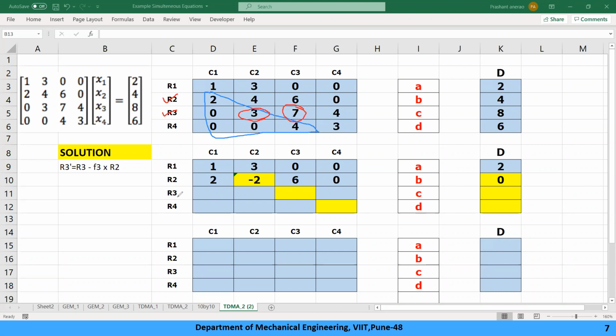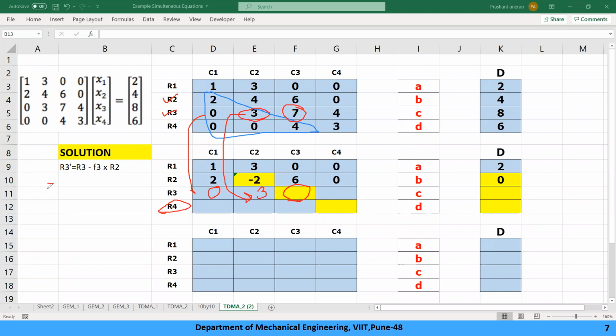Okay, next, so now we will work on row number 3. This value is as it is 0. Next, copy paste 3. Now we are going to update this value, the diagonal element. So again I'll break it up. This will be the last time I am going to repeat the procedure for row operation. You have to come up with R4. So for this value, remember the formula is R3 dash equal to R3 minus F3 into R2.